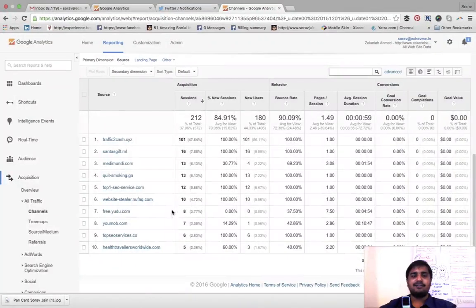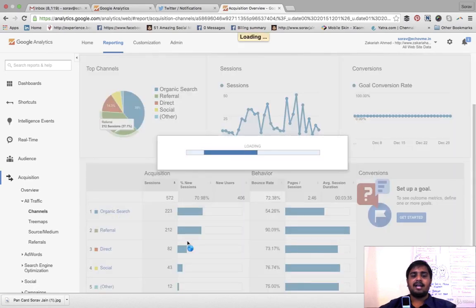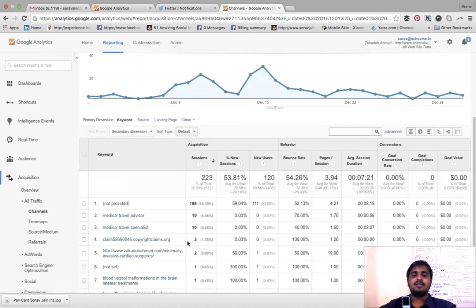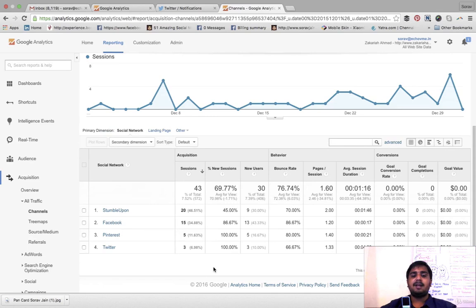So let's just look at referral sites. These are the sites where the traffic is coming from a referral point of view. These are the organic searches, so keywords that bring traffic to the site, which are medical travel advisor, medical travel specialist. It also gives you data of how many people are coming from StumbleUpon, how many people from Facebook, Pinterest, or other social networking or social